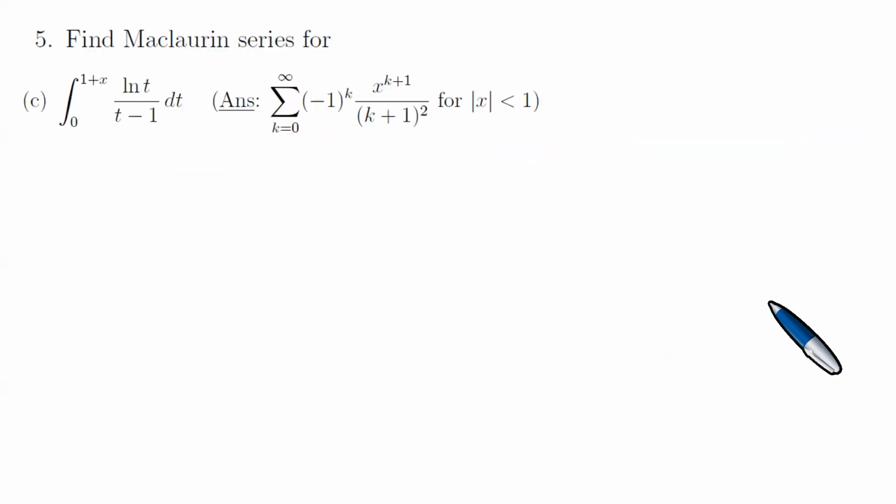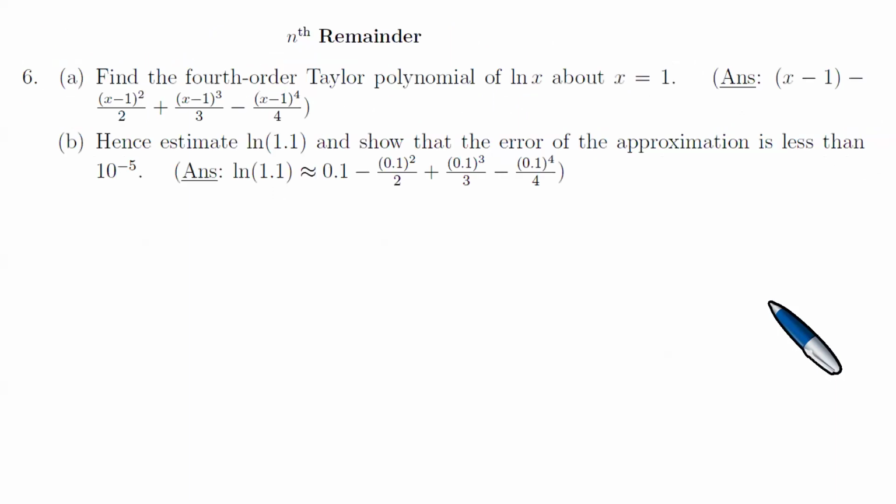Okay, here is the Taylor. Okay, but this is not exactly the nth remainder yet. It's the fourth order Taylor polynomial of ln x about x equal to 1. So now, when they say you need to find the fourth order Taylor polynomial,